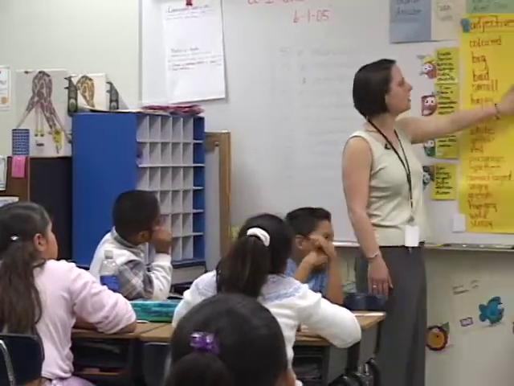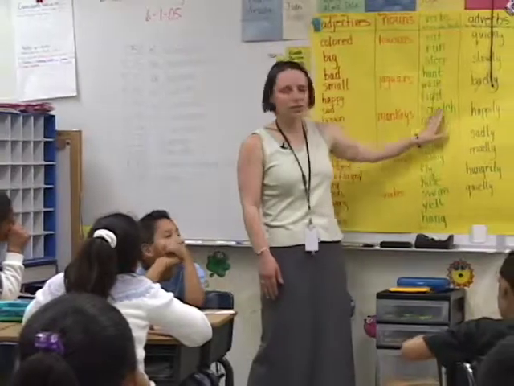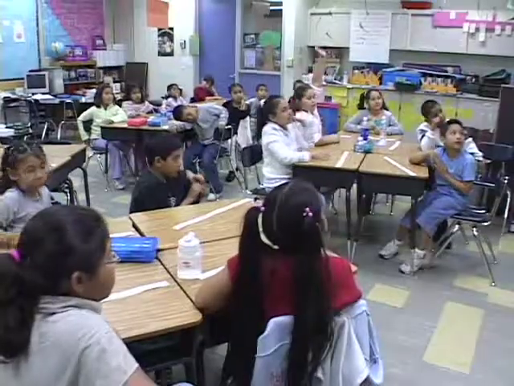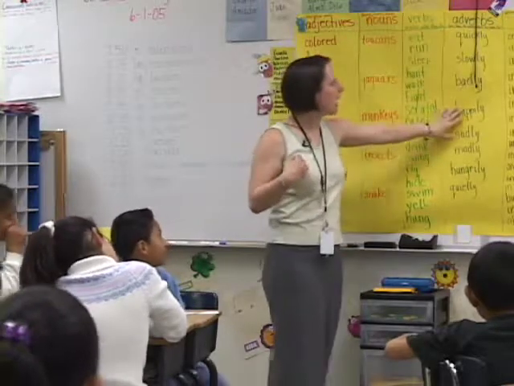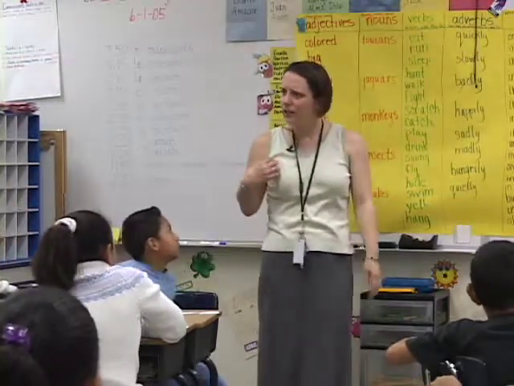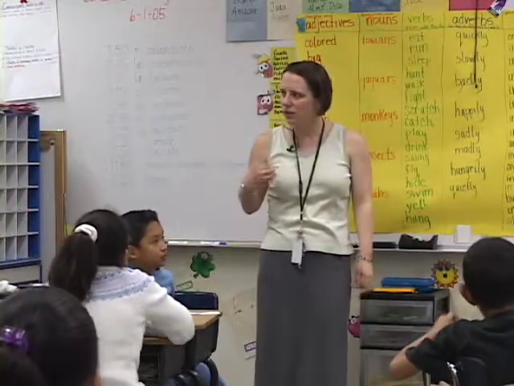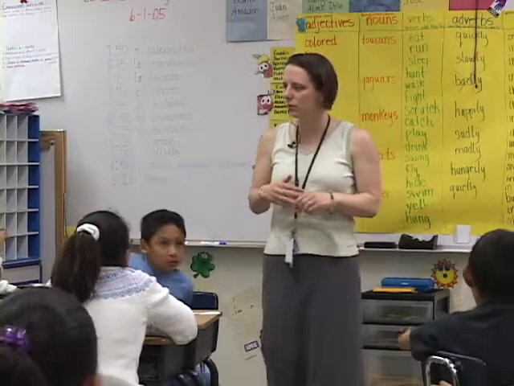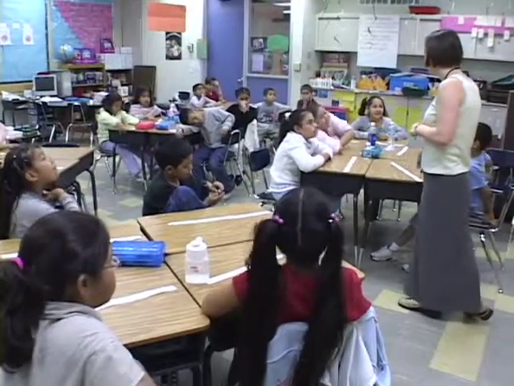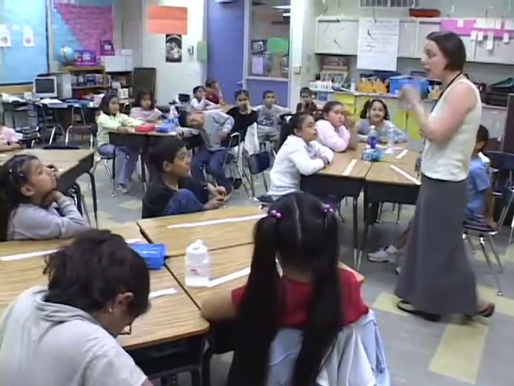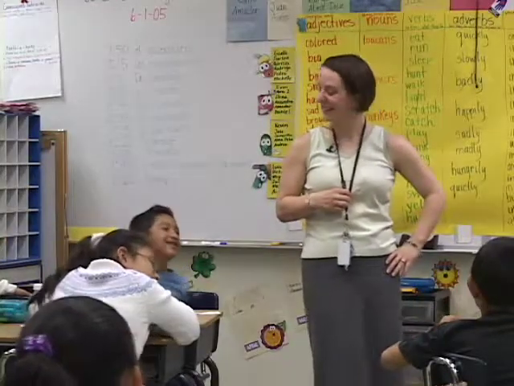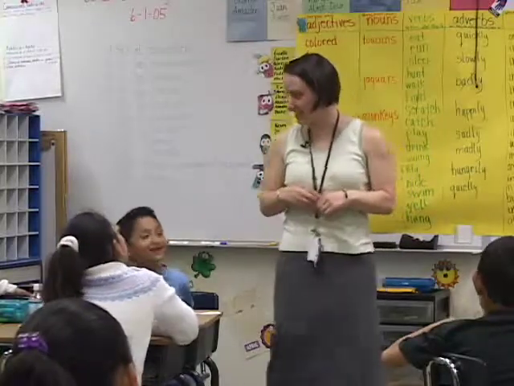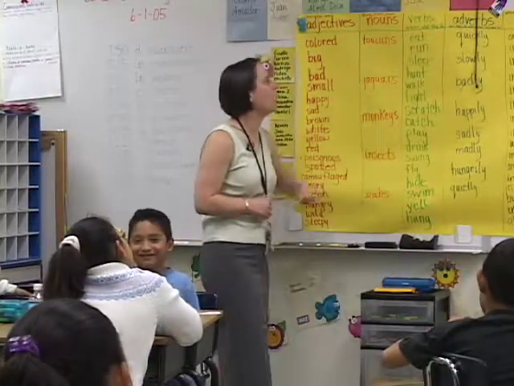Okay, so we have our adjectives, our nouns, our verbs. What are the verbs again? Actions. It's what they do, right? So what the animals do, our adverbs is how they do those things. Do some animals run quickly? All of them almost? What about a turtle? Slowly, right? They run slowly or they walk slowly.